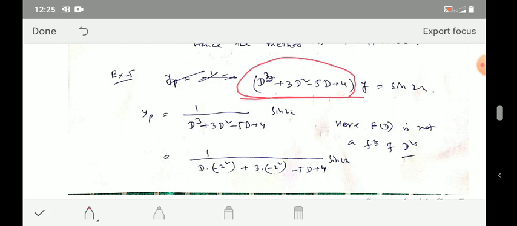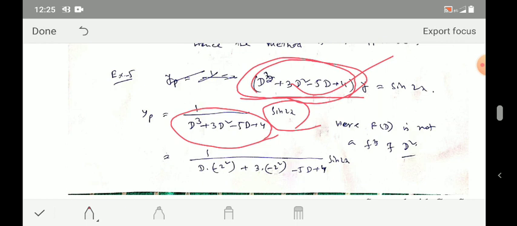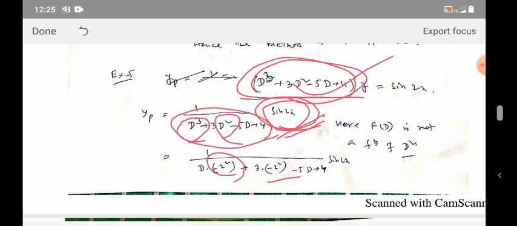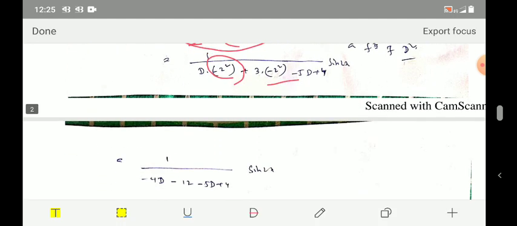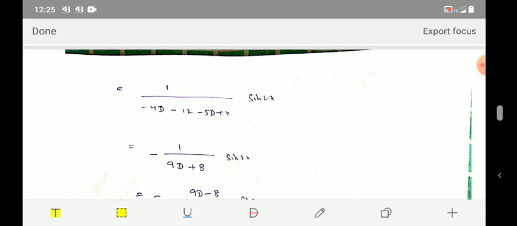Then y_p equal to 1 by f of D means this. I have written this here, sin 2x. Here I can write D cube equal to D into D square. Then D square is replaced by minus of 2 square. Here sin 2x is given, therefore the value of a is 2. In the remaining terms there are no D square. Therefore I replace D square only by minus 2 square. Then it becomes like this,